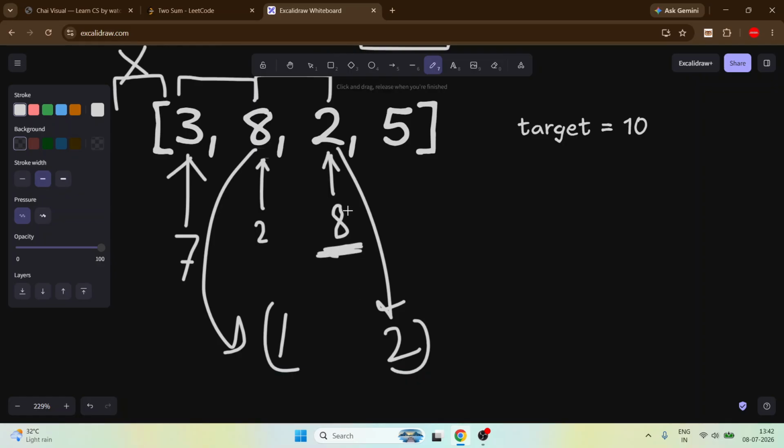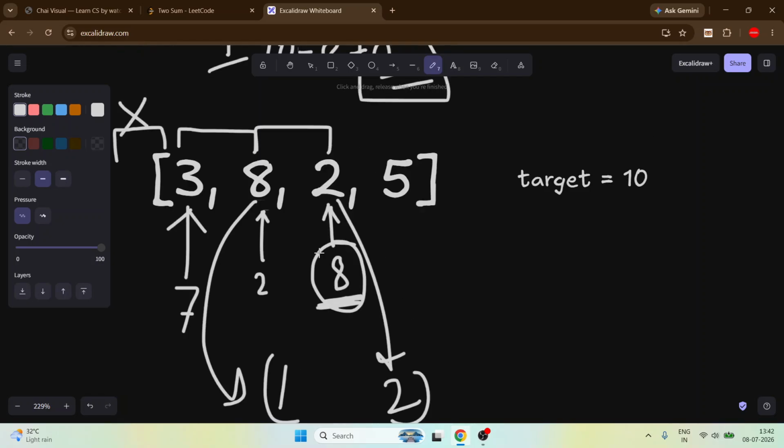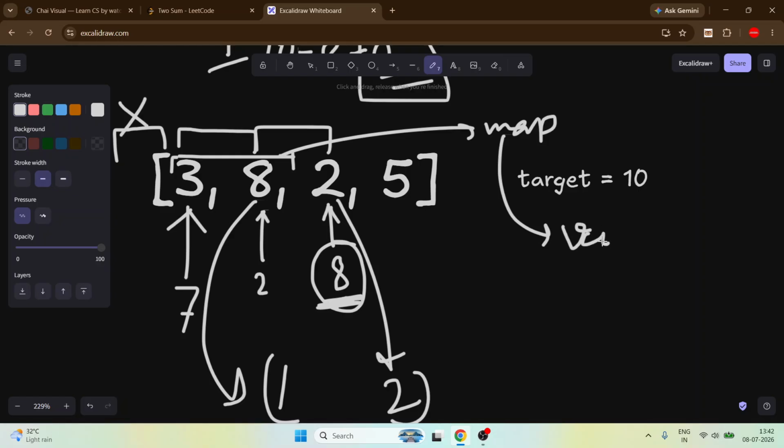So how could we find this 8? Target minus the element gives 8, but how could we ensure that the 8 is present on the left side of 2? How can you ensure that? We can use a map. A map always uses a pair, so the map should be a value and index pair.